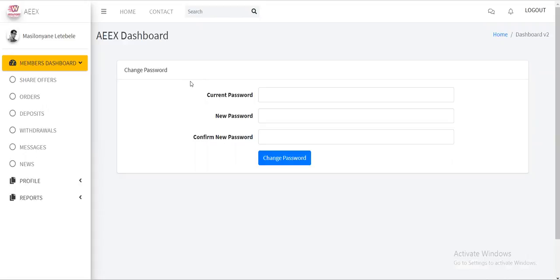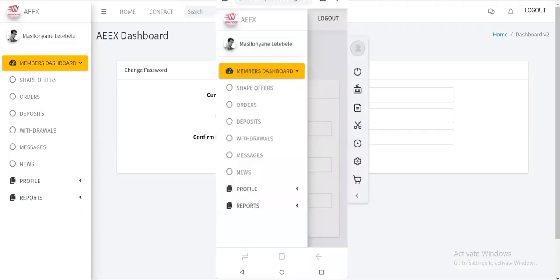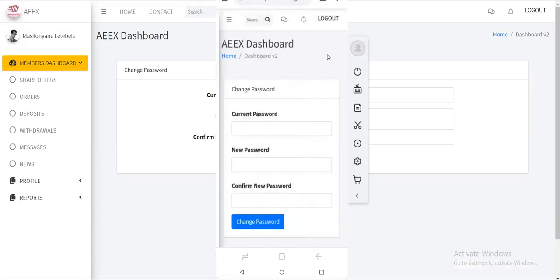Let me just switch to mobile, because I've seen that many people are using their cell phones to log in. So when they first log in, they will be taken to this screen similar to this one. Now when they get here, you simply click from this space here. If you click there, then the menu will now shift to the side, and then it allows you now to